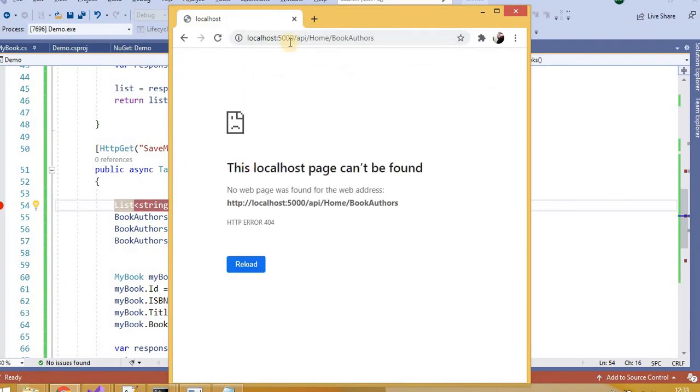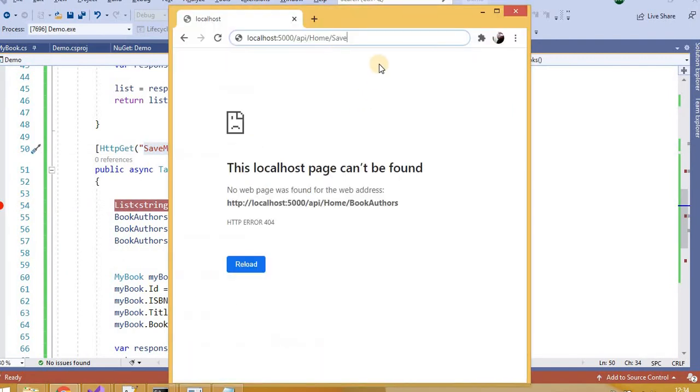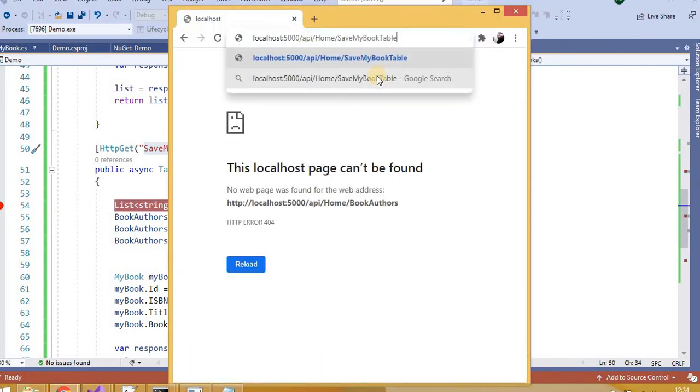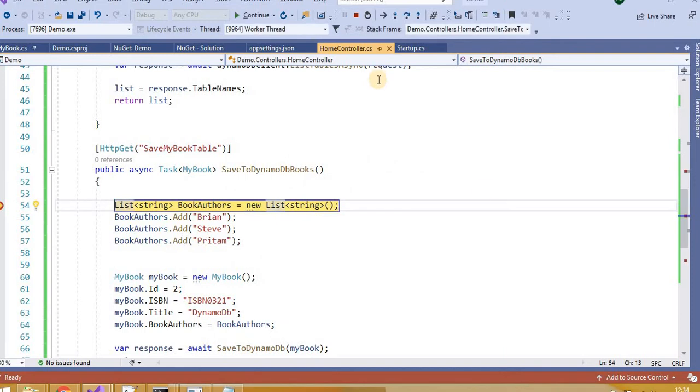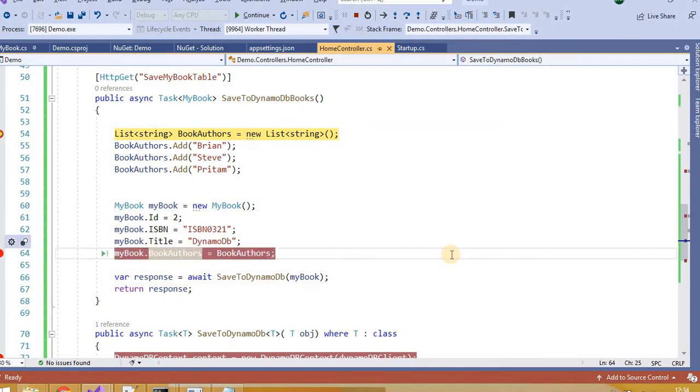Now let's see whether it will work or not. Run the application. Hitting that API, home book author. Okay, save something. Now you will see here, let's put the pointer here.